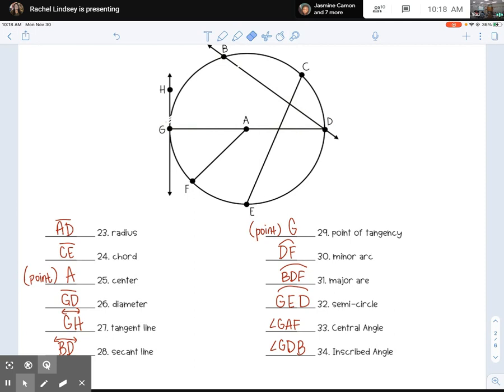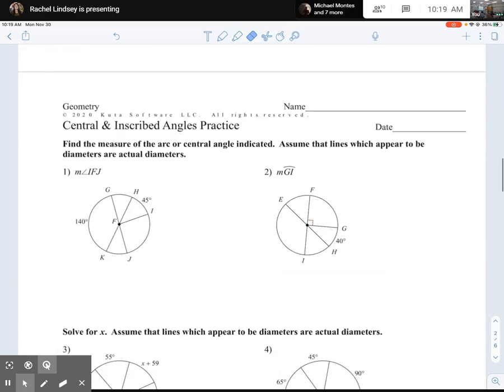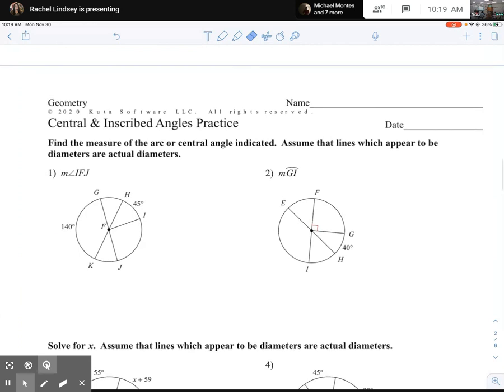So there's your review of naming parts of the circle and looking at those things. Now we're going to go to the central and inscribed angles that we went over. So flip over to page 3. We're going to talk about central angles first. So, central angles